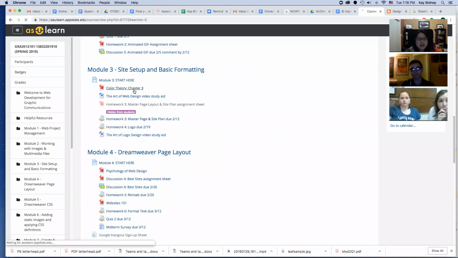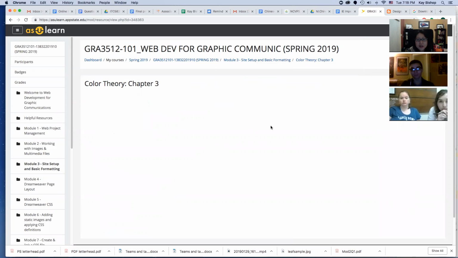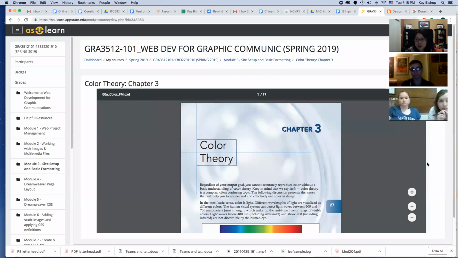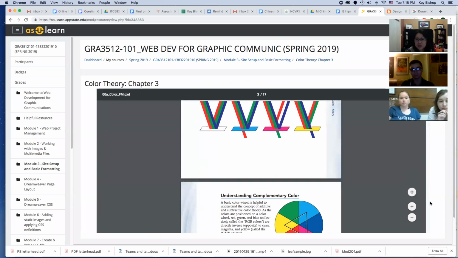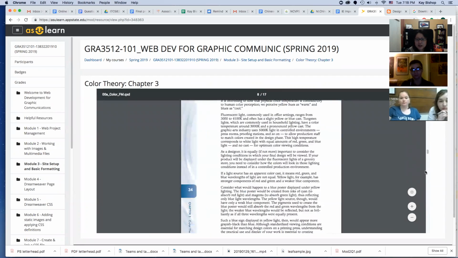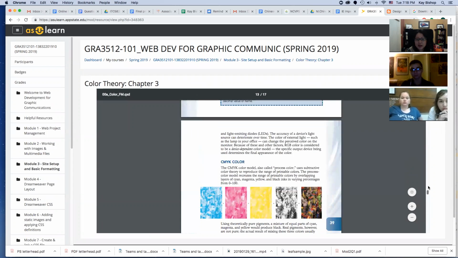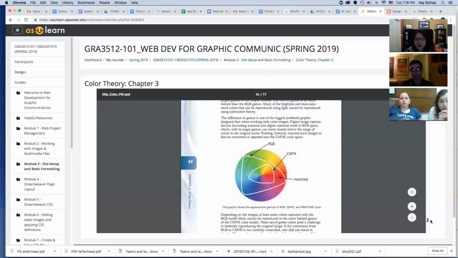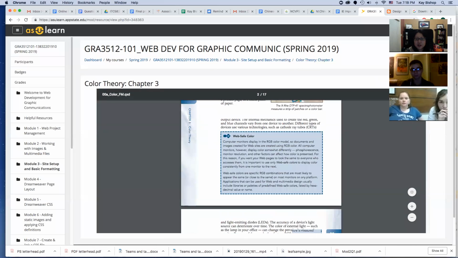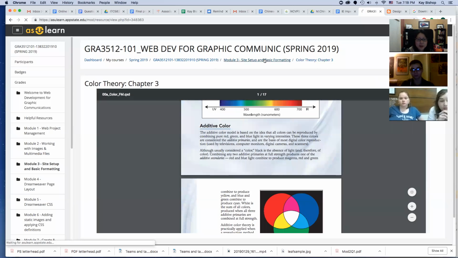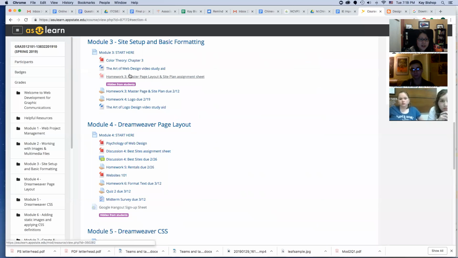And there's also this color theory reading, and it's just posted here, so you can read through that too. It talks more about the color in the RGB output versus CMYK, but just mainly focus on the RGB colors for web. And then